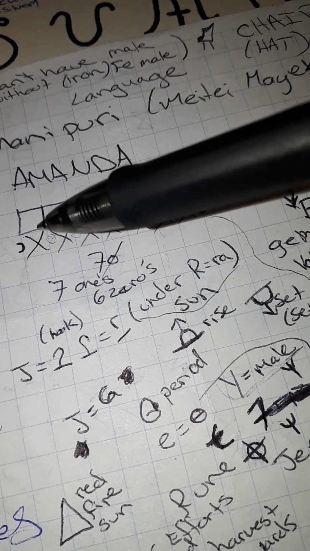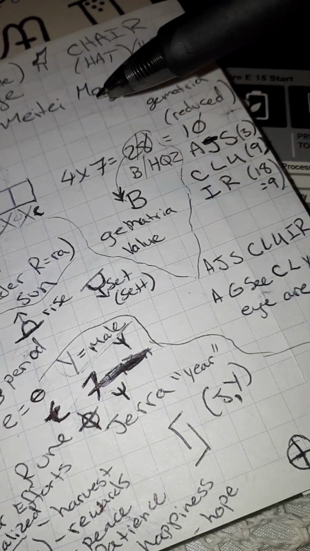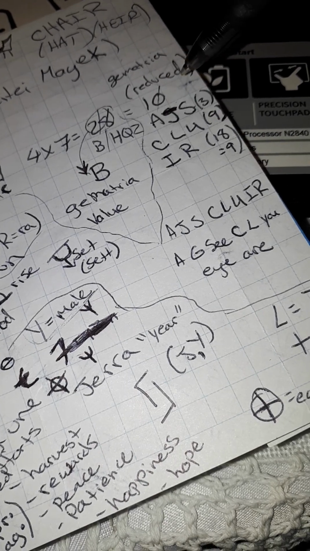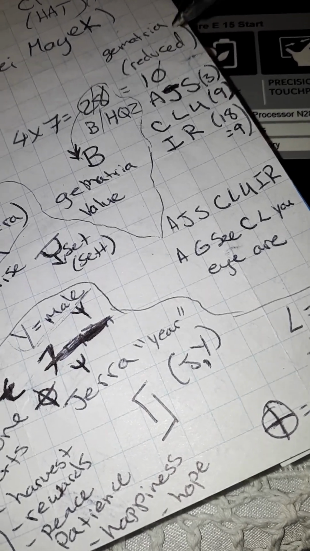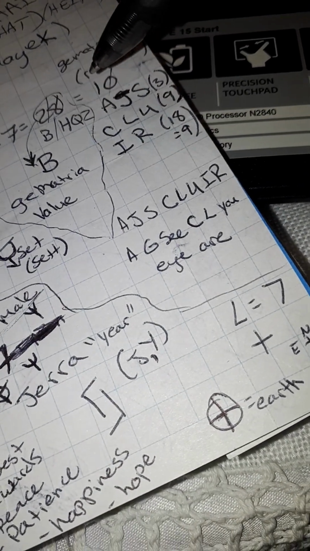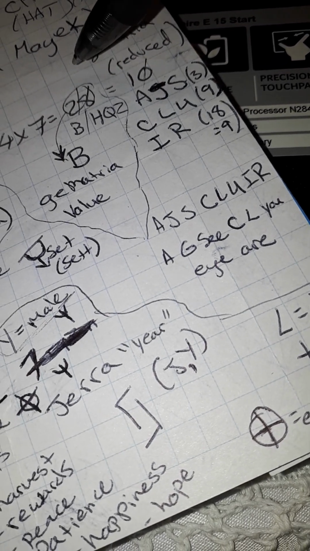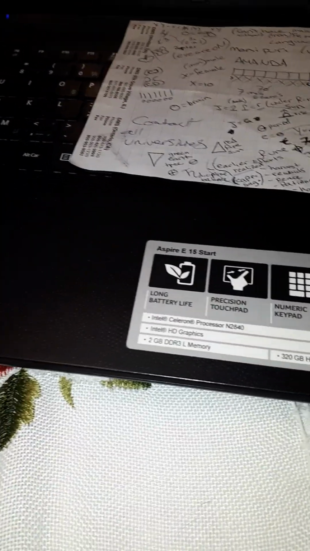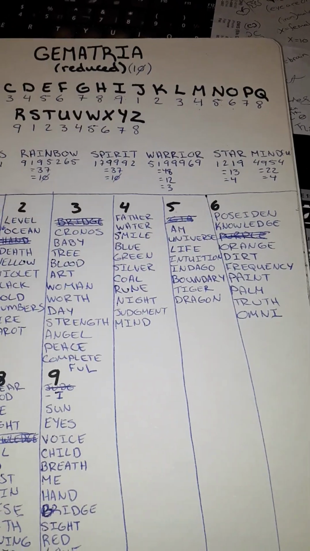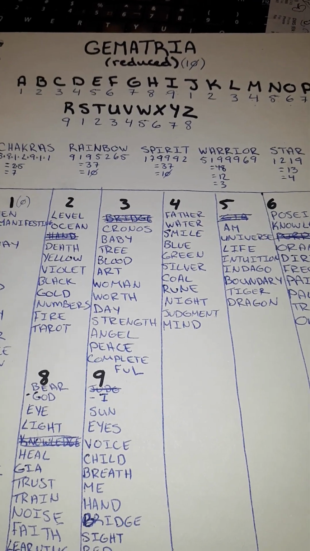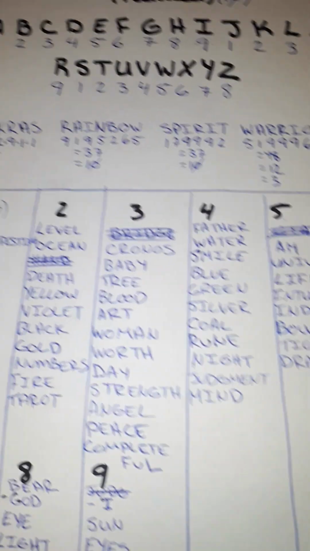And then I was like, okay, each of them have 4. And then 4 by 7, 28. That together reduced is in gematria 10. 0 doesn't count in gematria. You start over. And then I did 28. I counted all the way through. If I can show this. There we go. I counted all the way through, all the way to 28. And I got the letter B, which is actually 2.